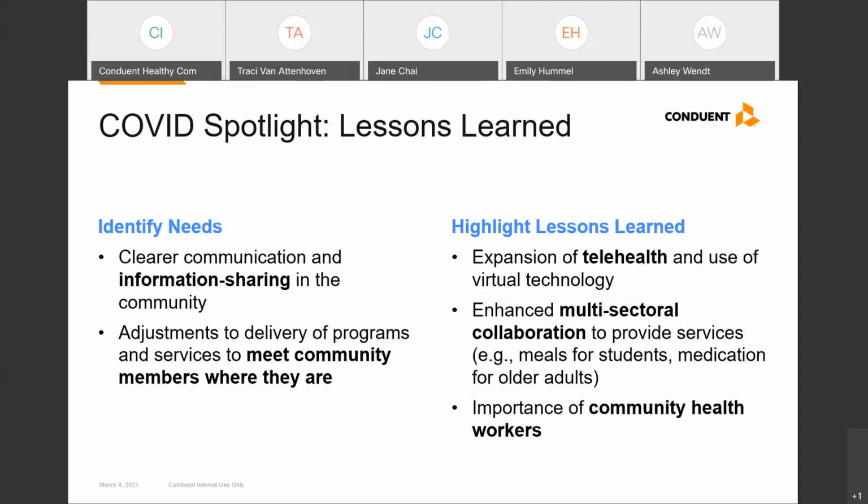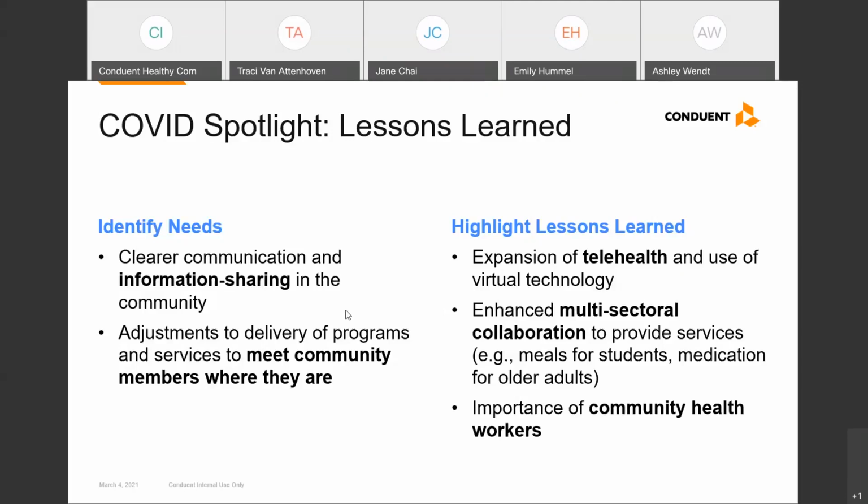And I think our community organizations have really come together and worked quickly to address the immediate needs of our communities, such as the food insecurity among children who are out of school or seniors who needed increased assistance to access their medications. And I would also be remiss if I didn't mention the important role of our community resources, such as leveraging community health workers, because these can be important trusted bridges to the communities that we're serving.